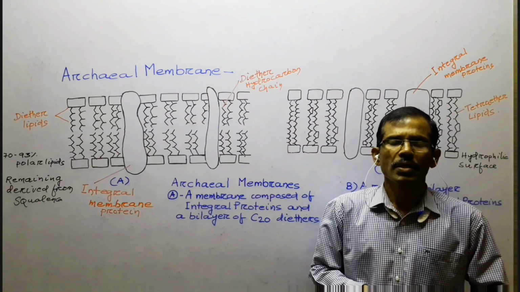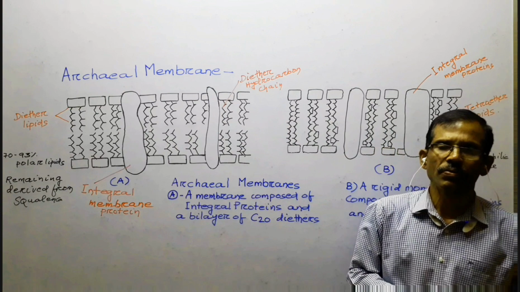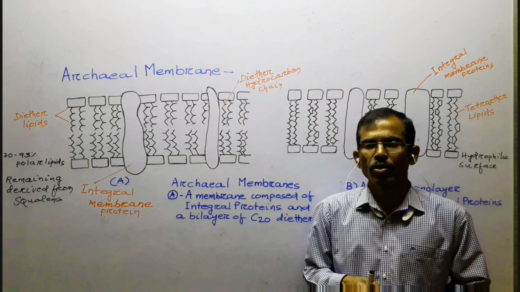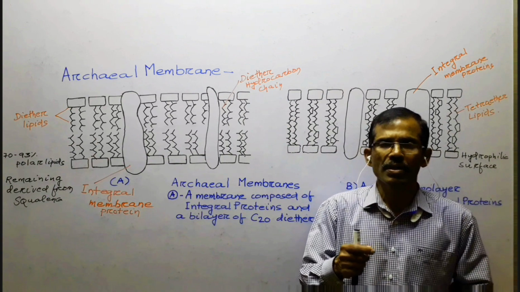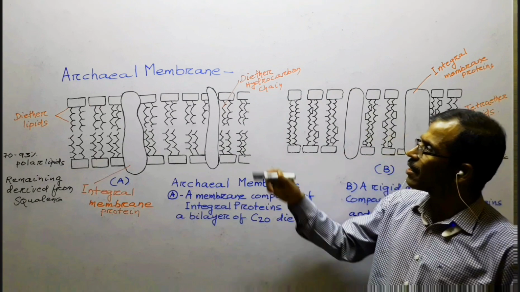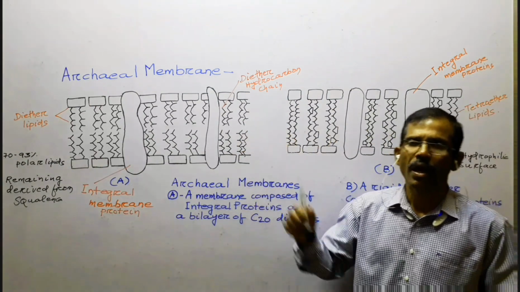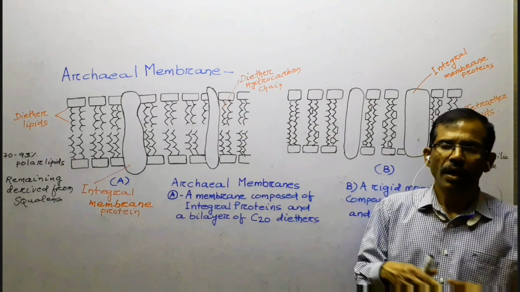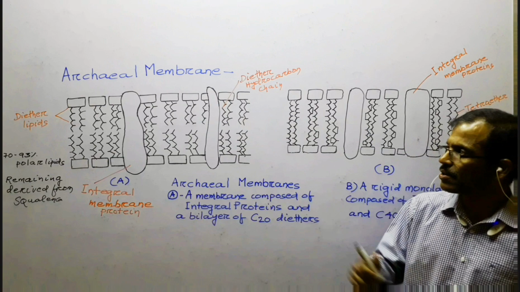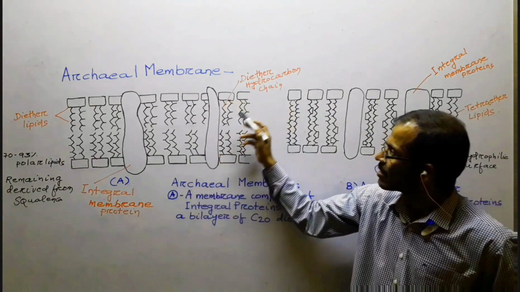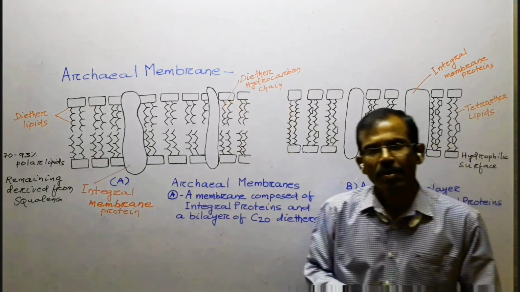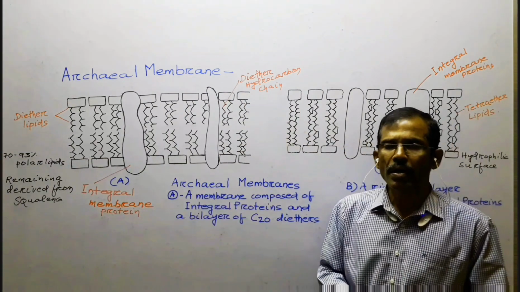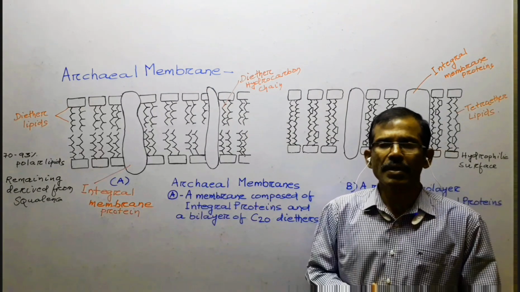Now we shall discuss the structure of archaeal membrane. Archaea is a group of most primitive prokaryotic organisms. The basic design of archaeal membrane is similar to that of eukarya and bacteria. The archaeal membrane also has two hydrophilic surfaces and a hydrophobic core. But the nature of the lipids that are present in the archaeal membrane is very much different from that of